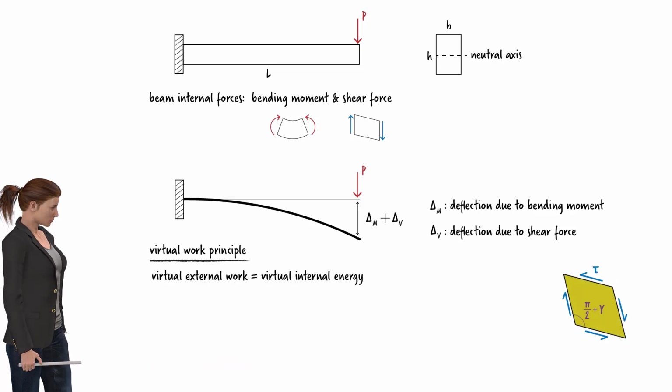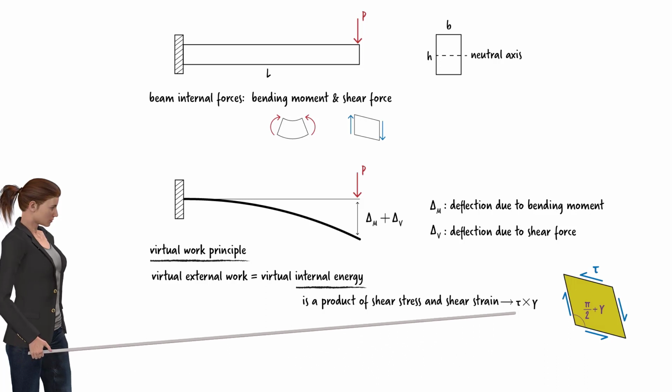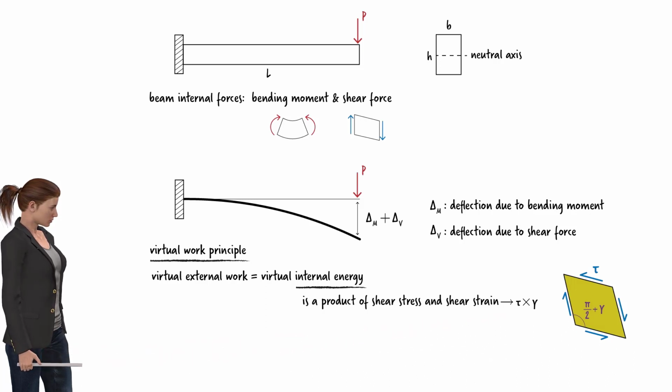The stored energy in each element, therefore, can be defined as a product of the shear stress acting on the element and the resulting shear strain. It is here that the equation tau equals G times gamma becomes applicable. Using this equation, we can express gamma in terms of tau. So the internal stored energy can be written in terms of tau. And since tau is a function of the shear force, V, and a few section properties, we can easily calculate the stored energy in each beam element. Let's examine these calculations in more detail.